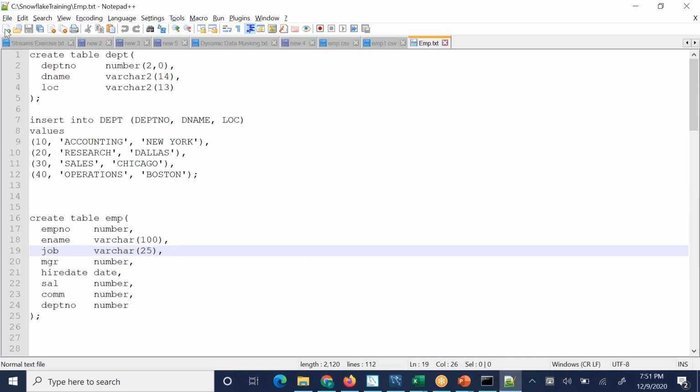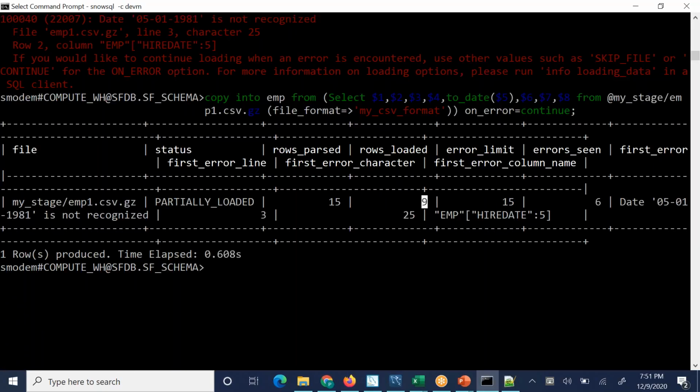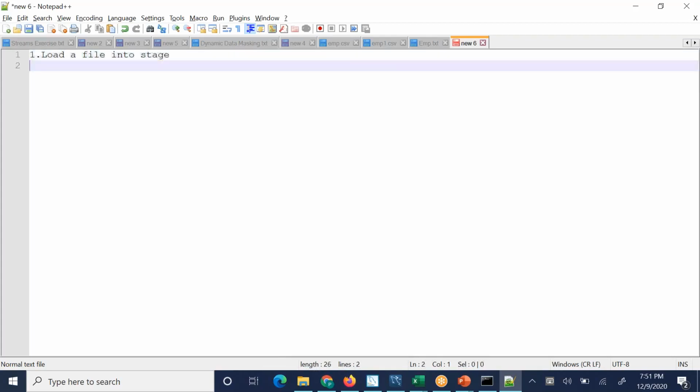So the exercise is like this. Okay, sir. Those rejected records would be stored in any way, or we need to identify them? No, but there is a way that you can identify. We'll continue tomorrow. Okay. And tomorrow what we are trying to do is, right, load a file into stage 2,